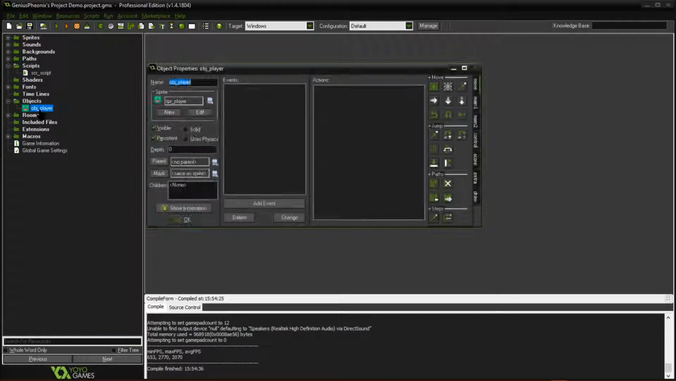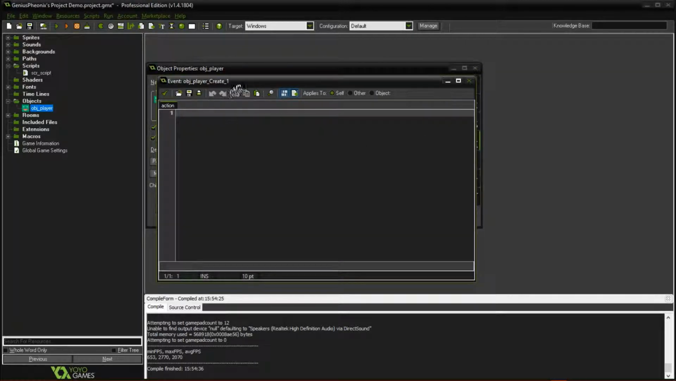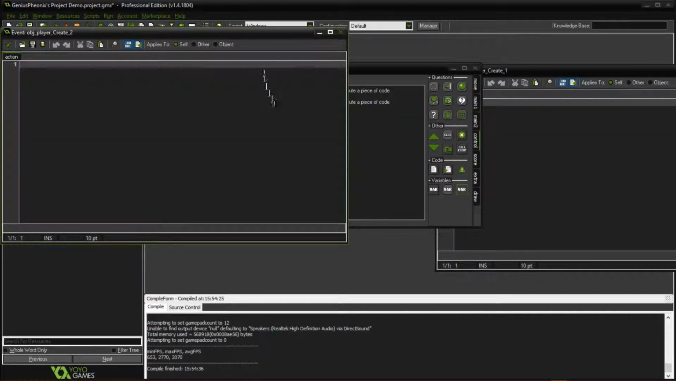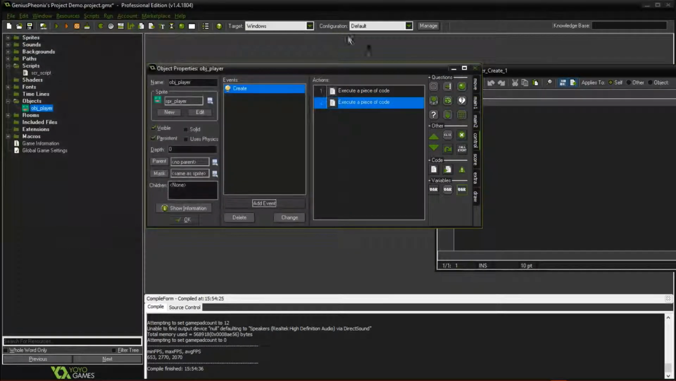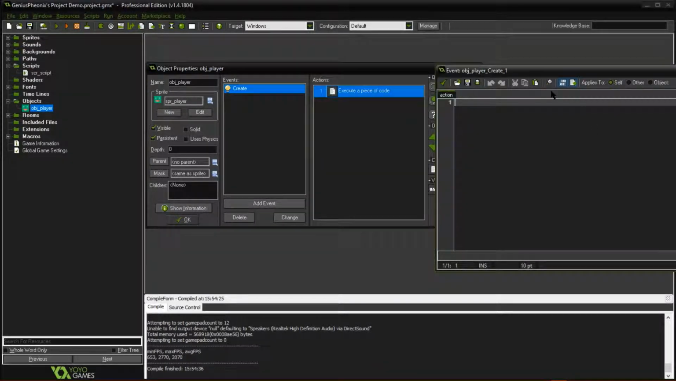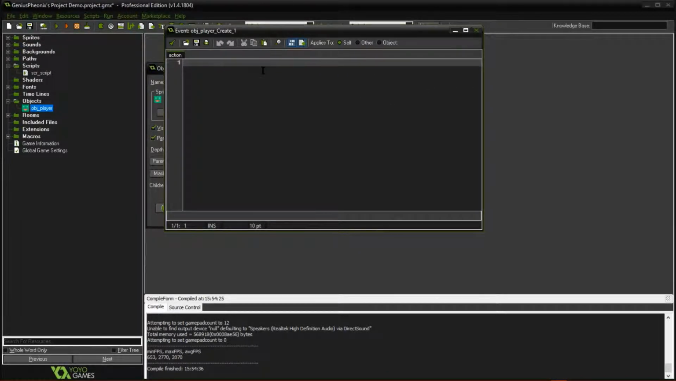So we're going to go into our object and we're going to add an event, create event, and in our create event we'll drag the code in. Remember from the objects tutorial, code action, we'll drag that in. We don't need that second one, so we'll delete that. But in this first section we'll say // set up